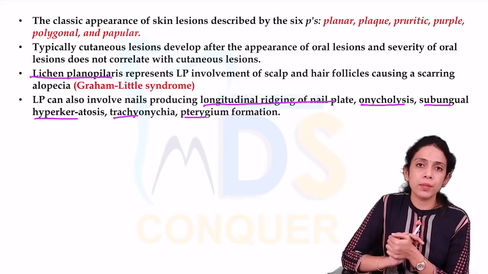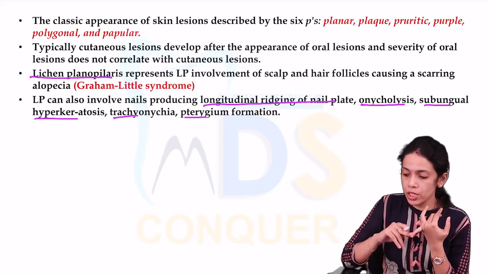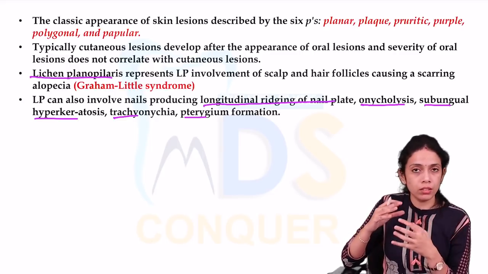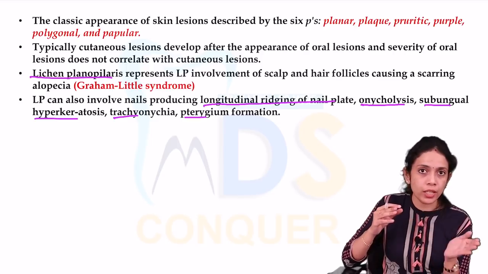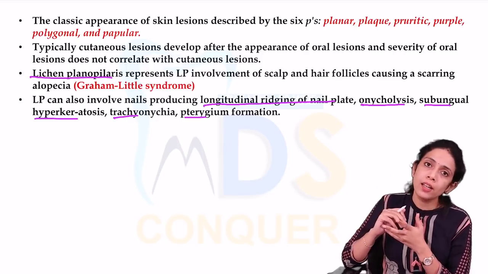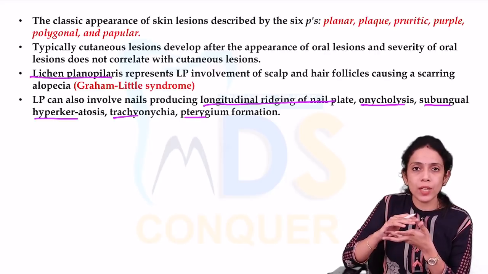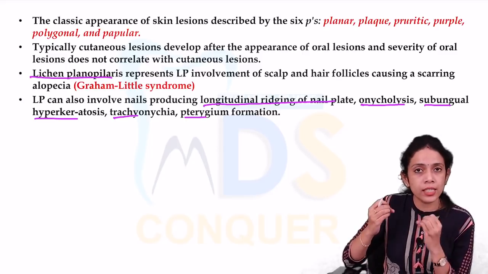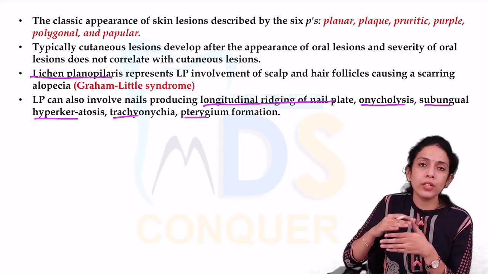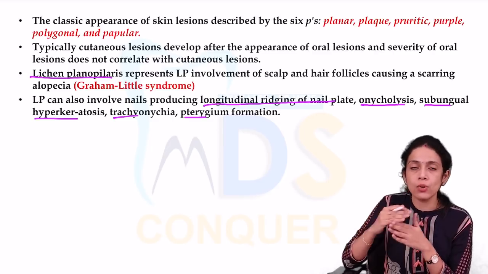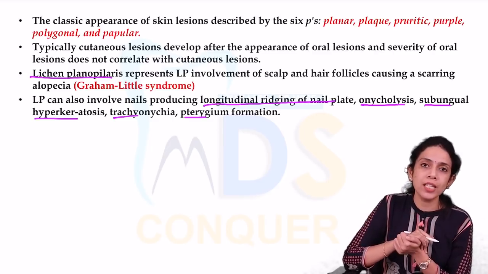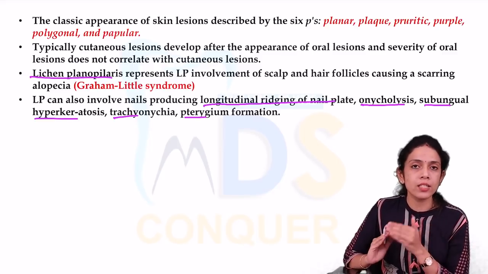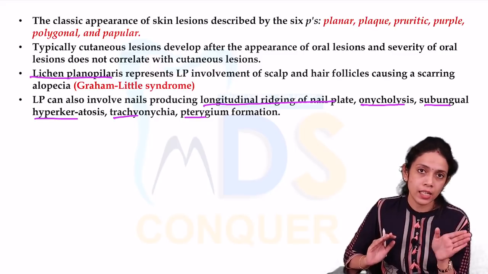So in this present patient, the skin lesions have shown pruritic, papular and polygonal purplish colored lesions, right? So that goes for lichen planus of the skin. And the scalp shows alopecia as well as scarring, so it goes for lichen planopilaris. And there are also ridges in the nails which is given in the question, so lichen planus is involving the nails. So all these go in favor of the diagnosis, that is lichen planus. That is the important point related to lichen planus when it's involving the skin, the scalp as well as the nails.